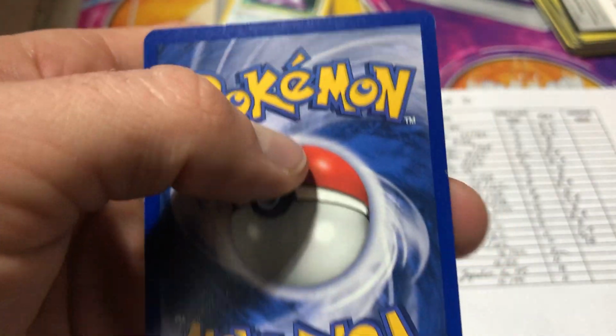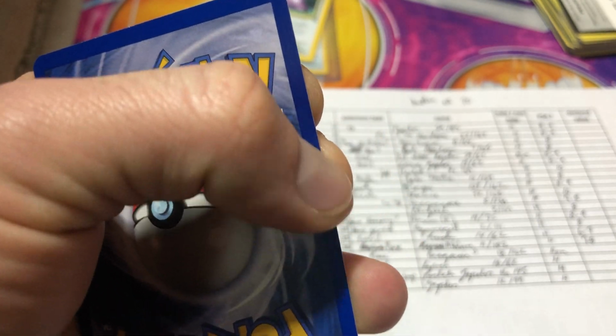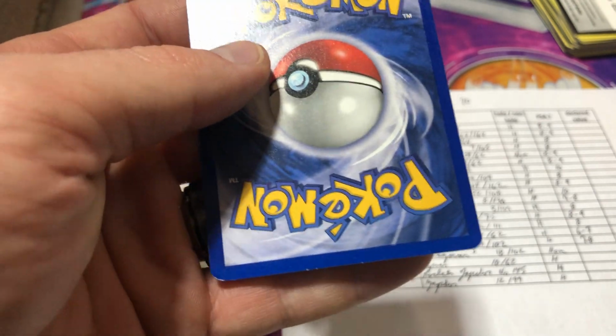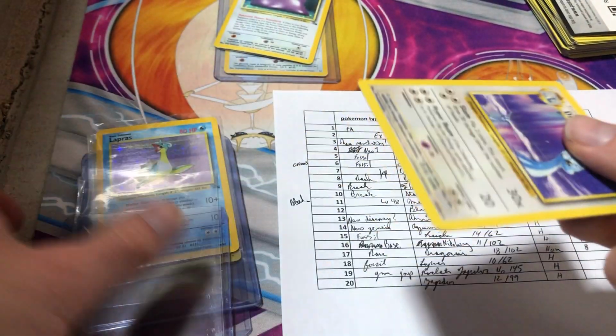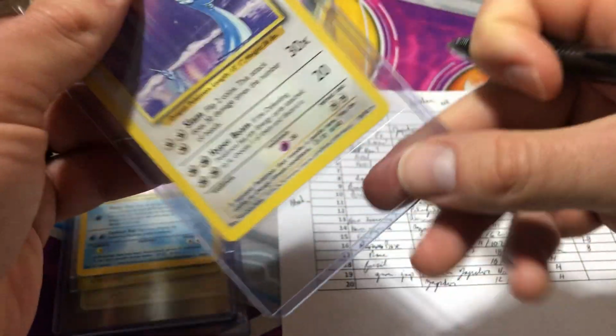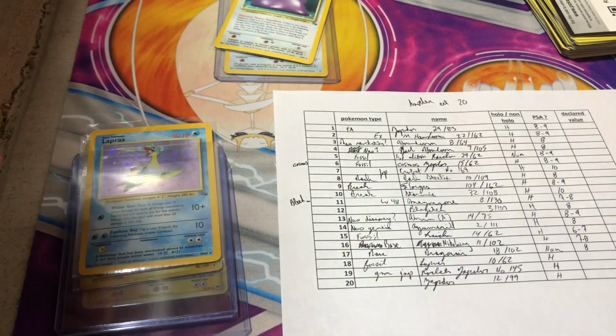Super minor whitening. I think that's just dirt. Will it come off? It does. More whitening. We'll just say 8. And believe it or not, Dragonair still goes for some decent money, even as a base set, non-first edition, non-shadowless. Granted, you definitely want that PSA 10, but...